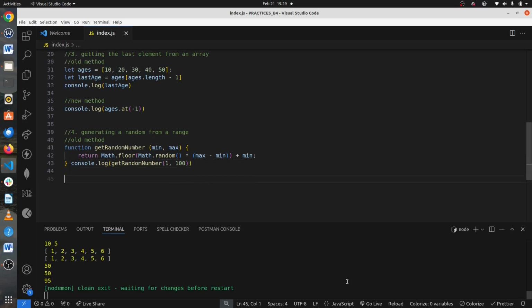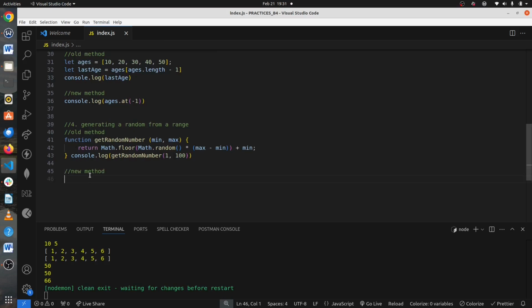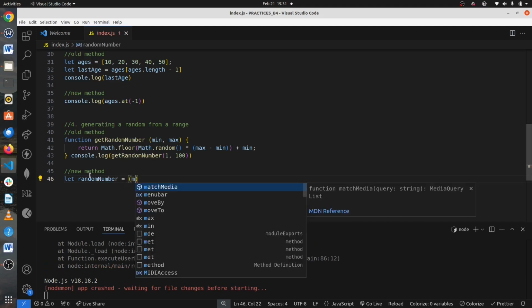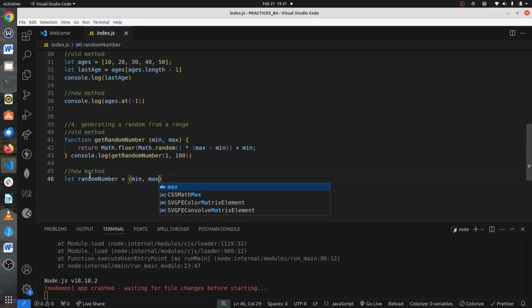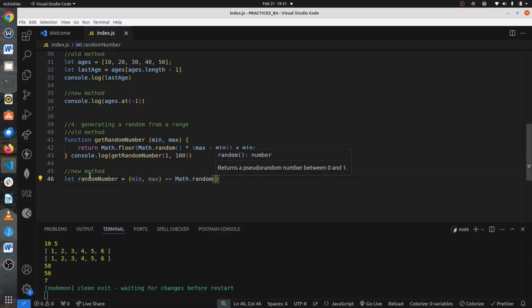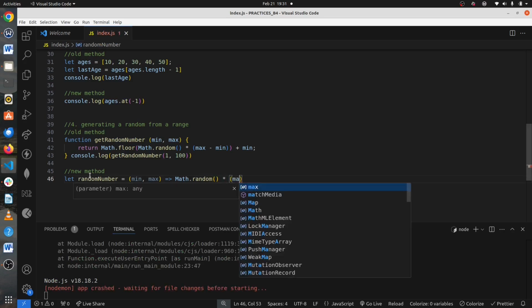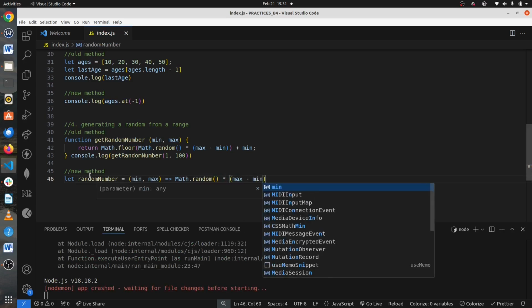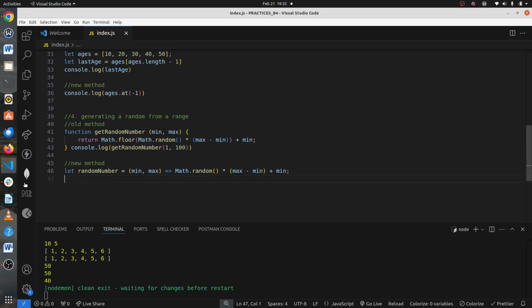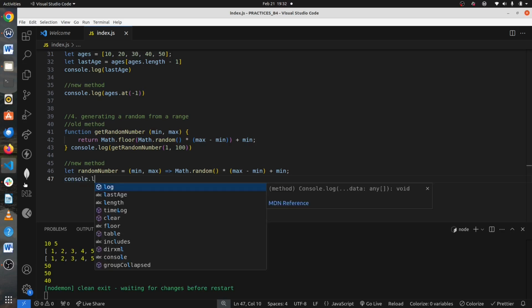Let us look at the new method. Just need to use a single line of code. It's a callback function. So minimum, maximum. Invoke that method, max minus min and plus min. If you now log